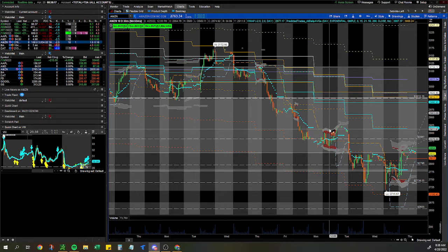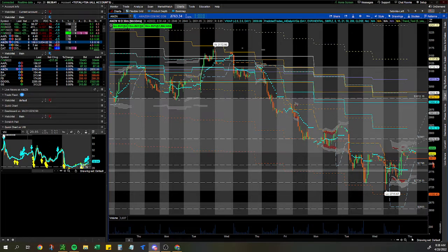There we go. So Amazon has officially gone all the way and filled the gap. I wouldn't be surprised to see it settle in this squeeze today until earnings come out. This will be the last earnings before the split. I do kind of expect Amazon will beat this earnings, or at the very least, they're going to have guidance going up because of their recent release of that Pay with Prime or something that is supposed to compete with